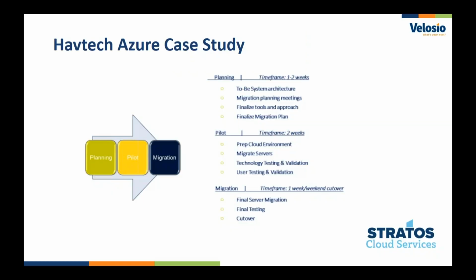That was a solution. Ultimately, we walked through a 3-step process with them, and essentially the planning piece, and really laying out a plan, design, talking about the migration, understanding the right tools based upon their current use case, and building out that plan. The next step was to do the pilot, where we prepped the environment, we migrated a couple servers, we performed both the technology tests as well as user testing, and just ensured, again, that in this case, the GP environment or the CRM environment was running at the optimal level, the integrations between the systems were working fine, and just in general, the usability was good.